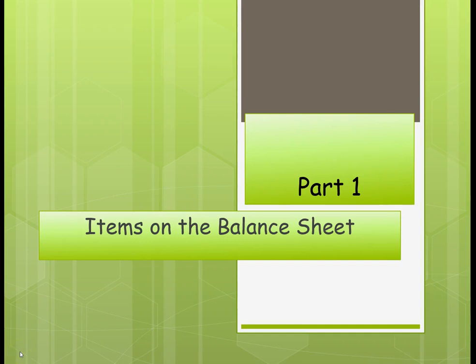Chapter 3, Part 1, Items on the Balance Sheet. Now, there are 3 parts for this chapter. This is just the first one. And what we're going to do first is talk about what items are on the balance sheet and where they